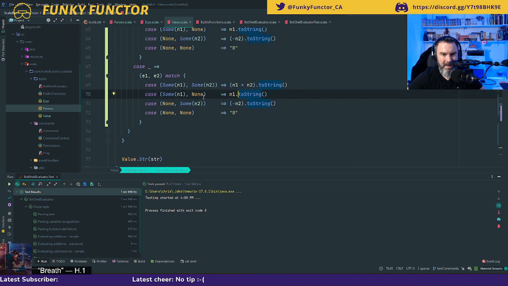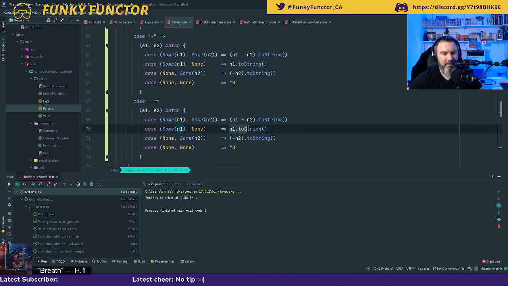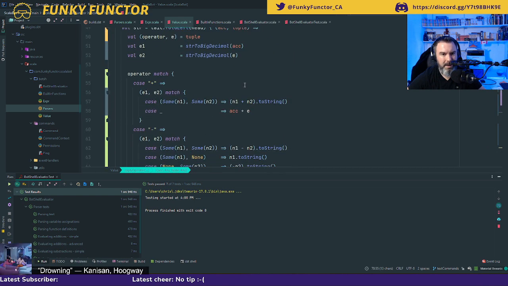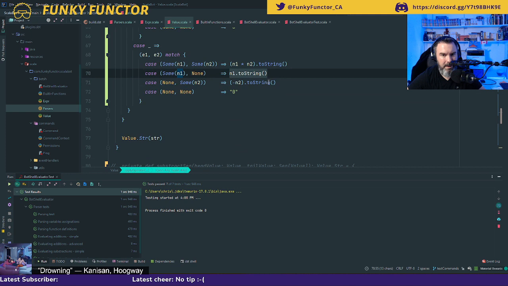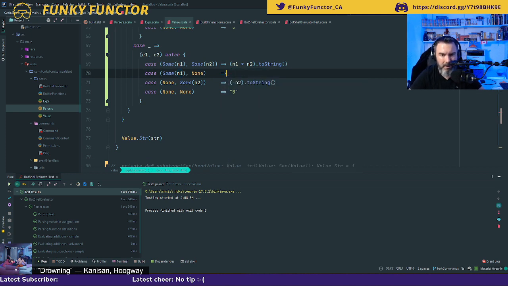So now, should I try to repeat my string multiple times? Oh, that might be fun. Yeah, I want to get the string multiplied. So E2 is E. Do I have a list dot repeat? No. There is something to do a repeat. What is that again? Sequence dot repeat.